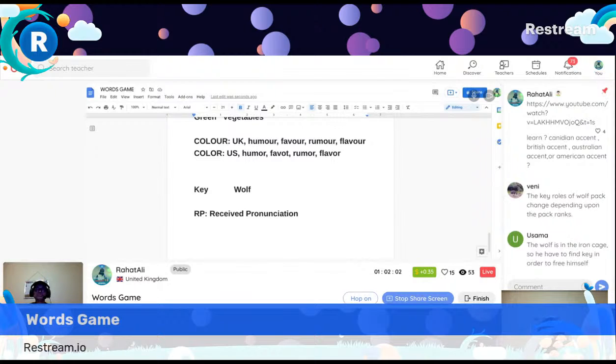He has to find, it should be. But do you know that wolf is a male wolf, Osama, or a female wolf? So if it is a female wolf, then you can use she. She has to find the key in order to free herself, not himself in that case. So can a wolf find out the keys?